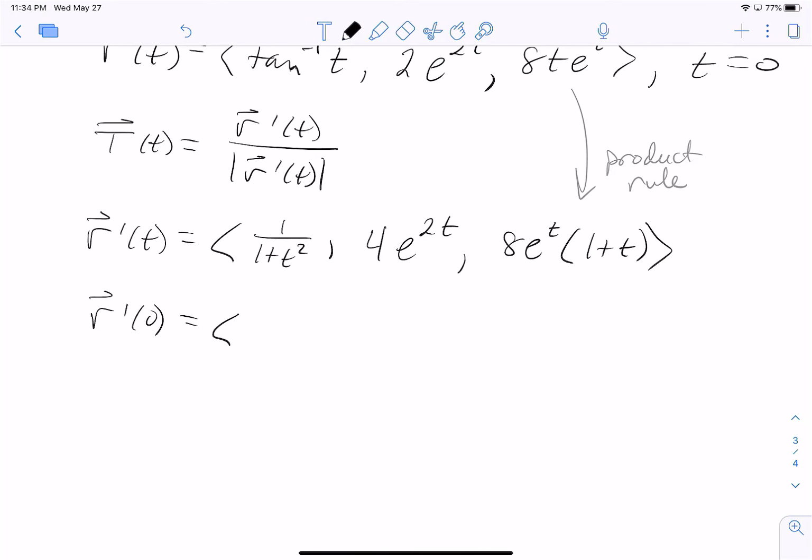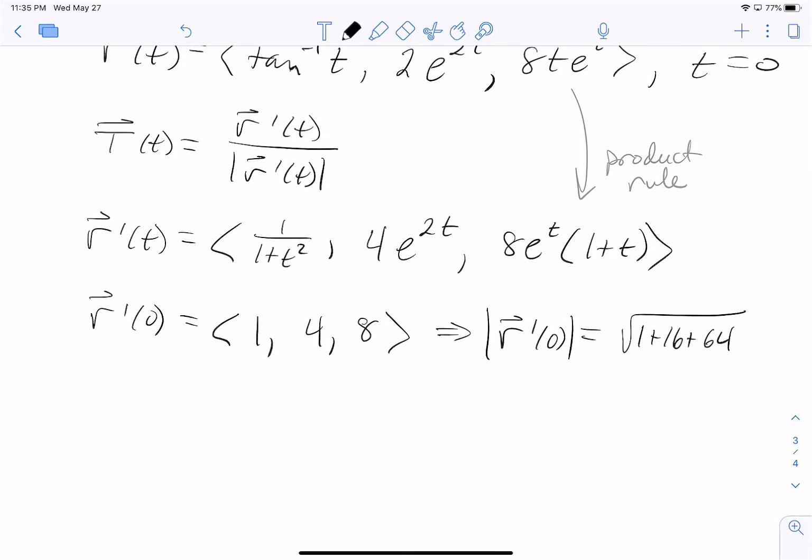If t is equal to 0, then 1 over 1 plus t squared is 1. 4e to the 2t is 4. And 8e to the t times the quantity of 1 plus t, if t is 0, is equal to 8. We then will be able to find the magnitude of r prime of 0, and it is the square root of 1 plus 16 plus 64, square root of 81. It's 9. Therefore, T of 0, uppercase T vector, unit tangent vector, of 0 is equal to 1/9 times